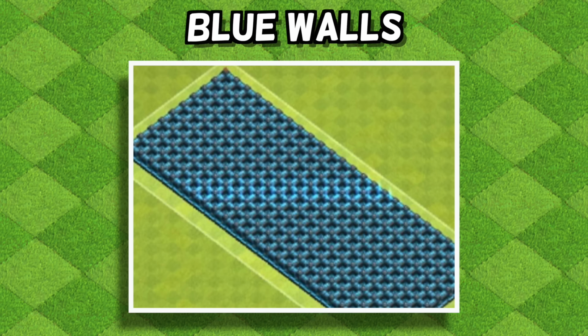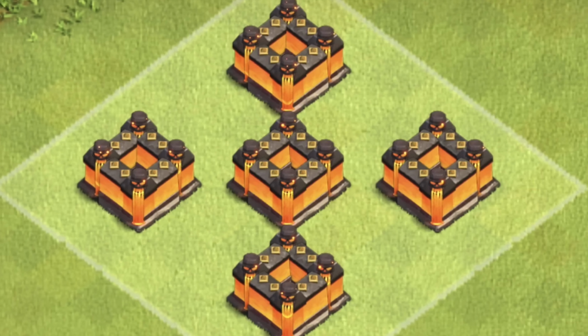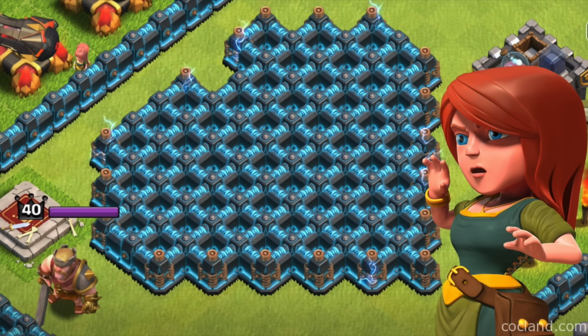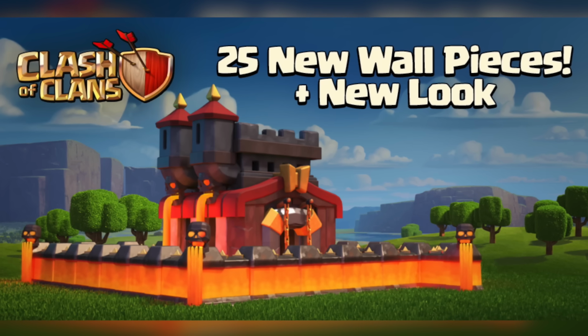Blue walls. Yeah, I forgot to record this part for some reason, so I'm doing it 2 days later. If I sound different, that's why. Anyways, blue walls, the old level 11 walls. Instead of being the lava walls we have today, they were blue. They were also the highest level walls at the time, but right before Town Hall 11 came out, so these